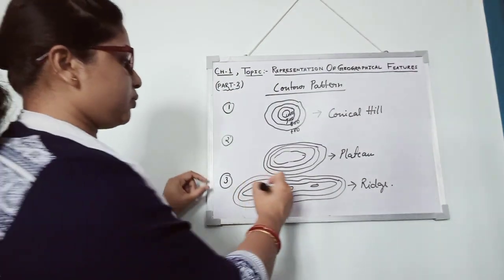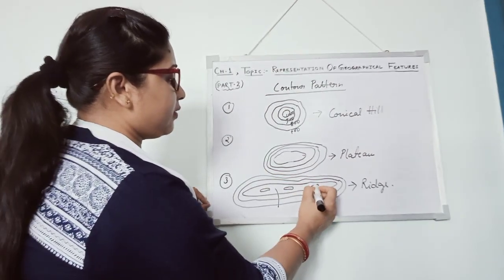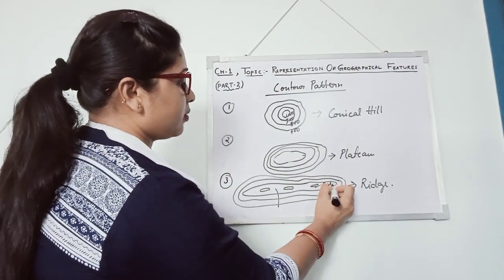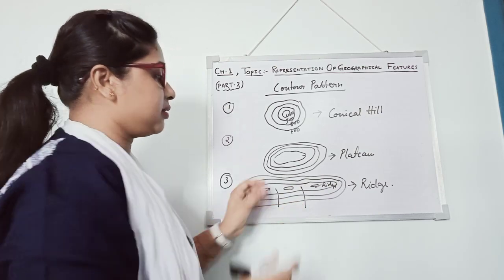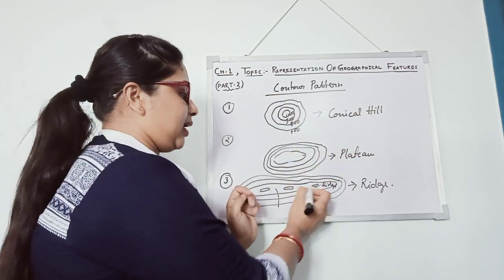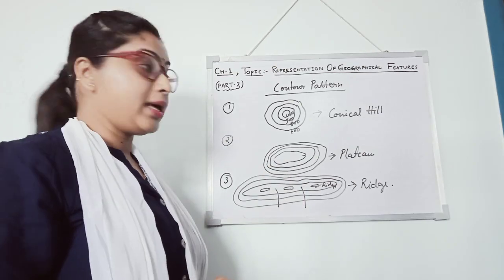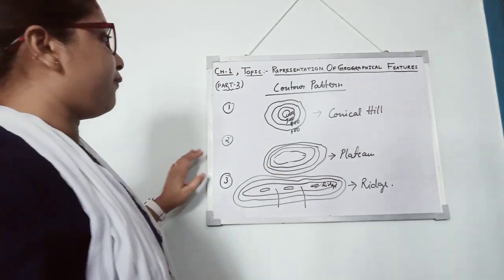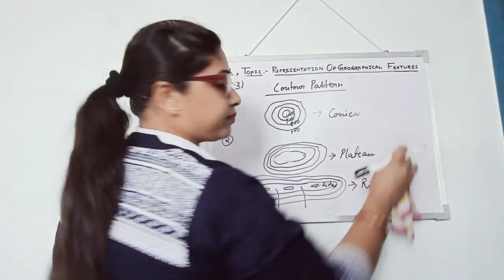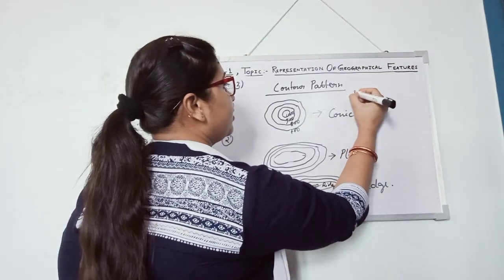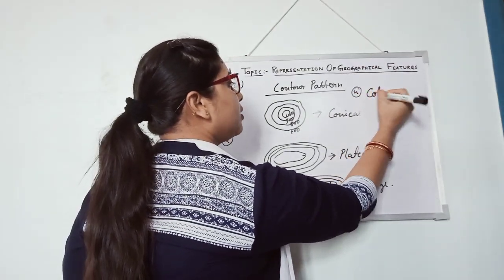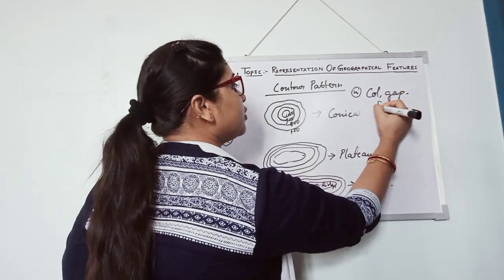In that case, we can also see here, if these are the ridges, the areas between two highlands will be lowlands. In that case, they form col, gap, saddle